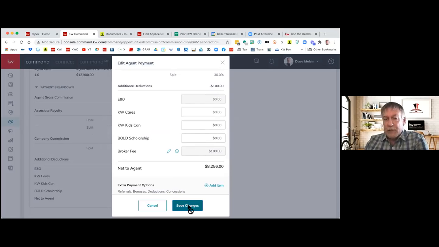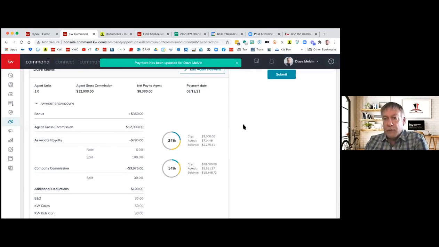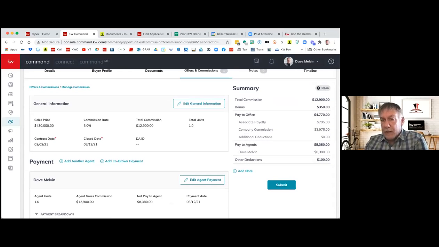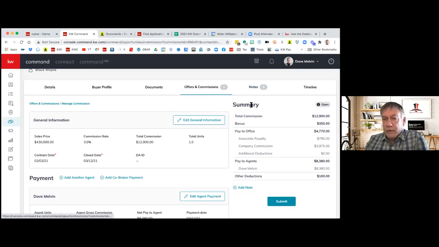Now I click Save Changes, and then you'll notice on the right-hand side, everything has been added in here now. We have the bonus of the $350, the admin fee we charge to a client, the royalty fee, the 6% of the combined up here. The same thing, the 30% company dollar of the combined up here. Pay to the agent now has gone down a little bit, and then other deductions, that $100 that comes out. When that's all good, you'll just hit submit, and it'll go to the office